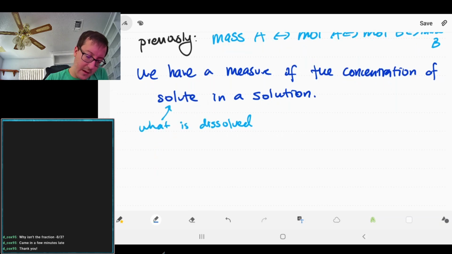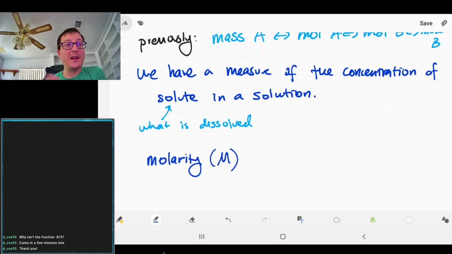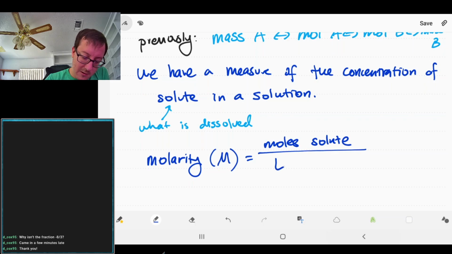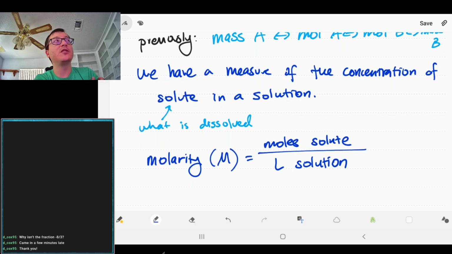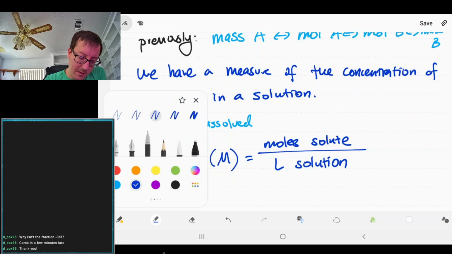We very often say the molarity of a solution, which is given as capital M, is the moles of your solute, whatever it may be, over the liters of solution. And this is a way of talking about concentration. So concentration tells us how much is dissolved. And so we have a way of describing that. We talk about the moles of solute over the liters of solution. And so something like that might be